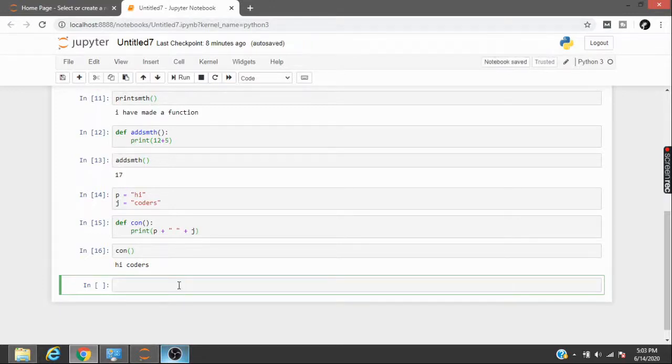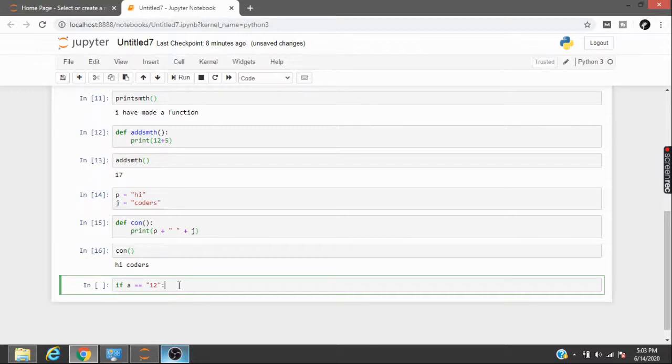And moving forward with loops or if, what should we cover? We should cover if now, I guess. So if is very simple in Python. What you need to do is write if a equals to 12, then.